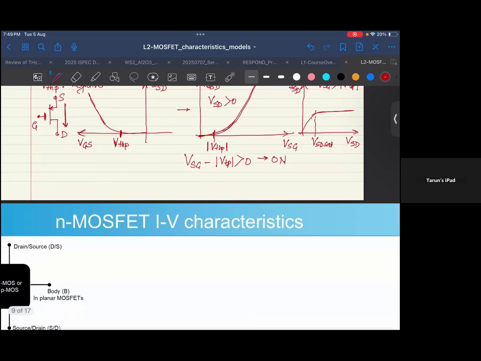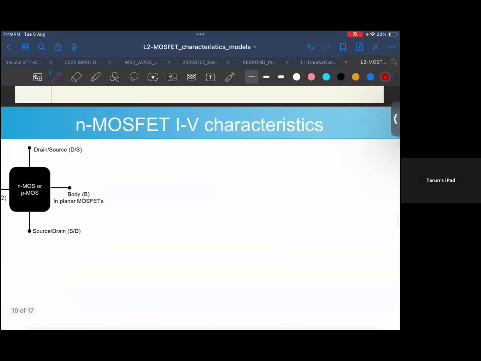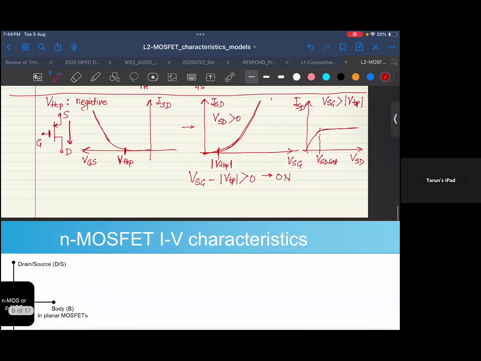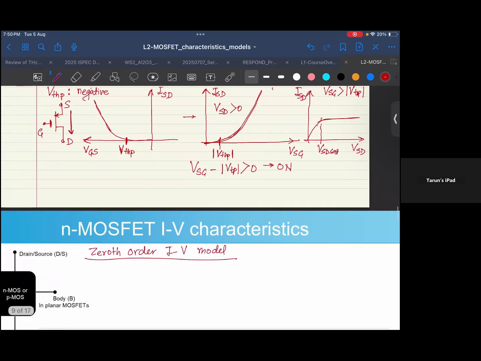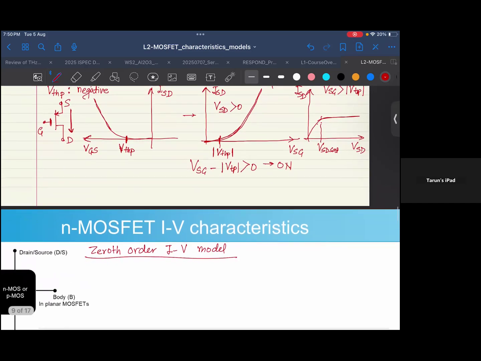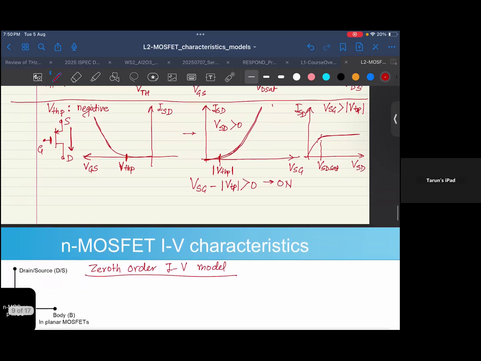So now if we were to model these characteristics, how would we go about modeling it, right? Because we have the characteristics. Now it's just coming up with a mathematical model so that when I solve different circuits, I can use those equations. That is what the very zeroth order model can help us do. Order IV model. And I think some of you may already know this model. So if we see the observations from this, one thing we clearly see is that we can derive this